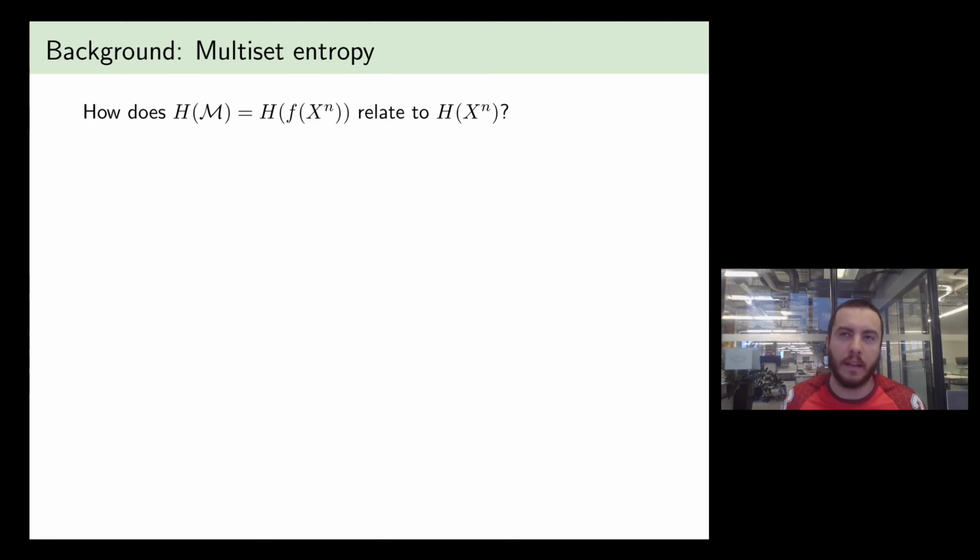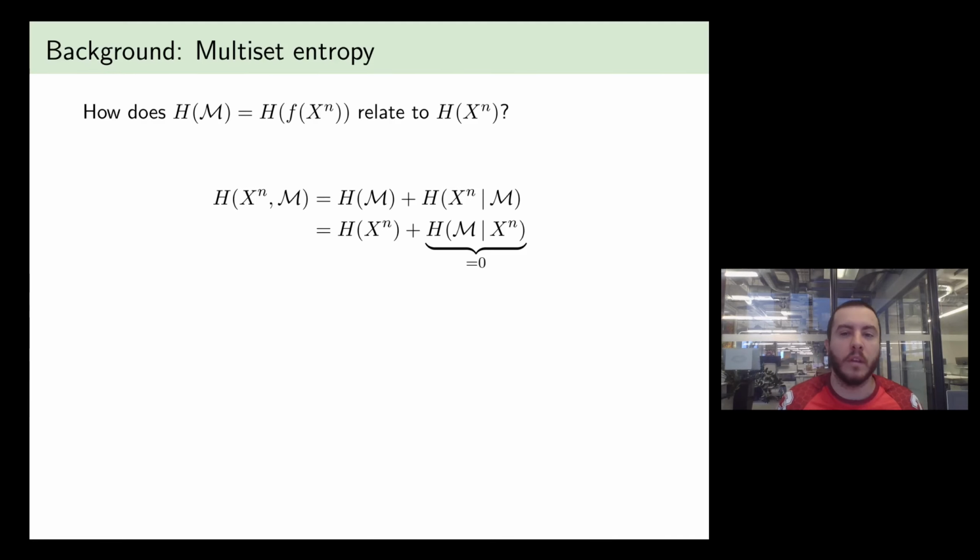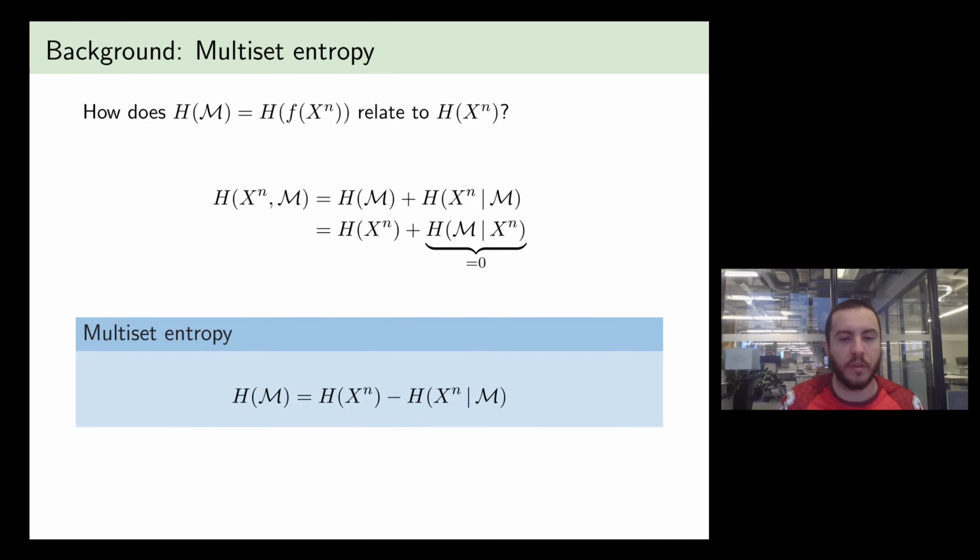Now, the last thing that we need to see is how does the entropy of the multiset relate to the entropy of the sequence? We know that it's at most the entropy of the sequence because the multiset is a function of the sequence. So using that fact, we know that this conditional entropy term here has to be 0 in this expansion. And then we simply rearrange the terms and we come to the expression for the multiset.